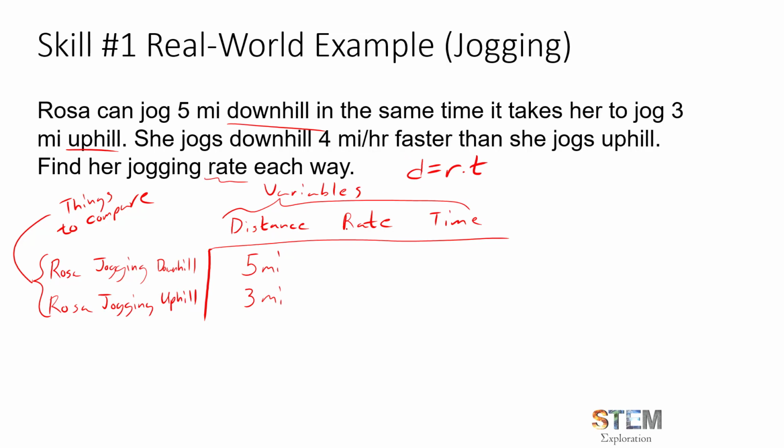So if we're looking at that rate, we know that the downhill rate is something like, let's put in a variable for now. Let's go R uphill plus 4 miles per hour